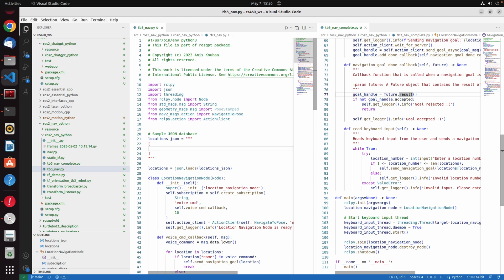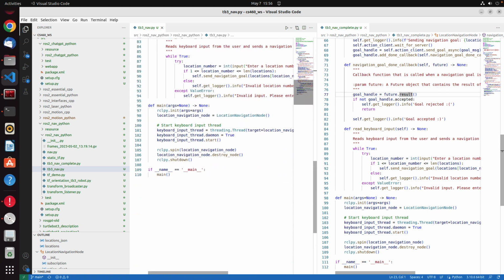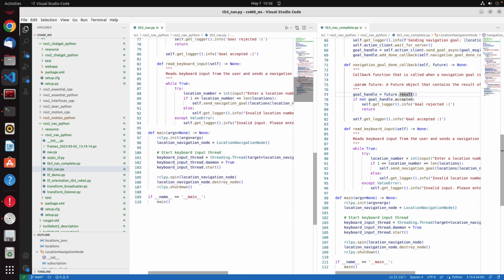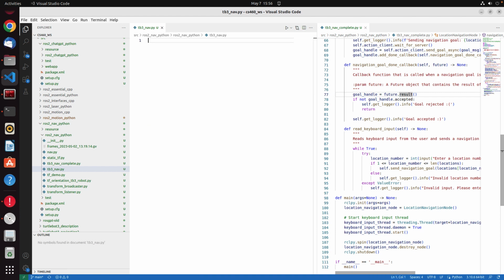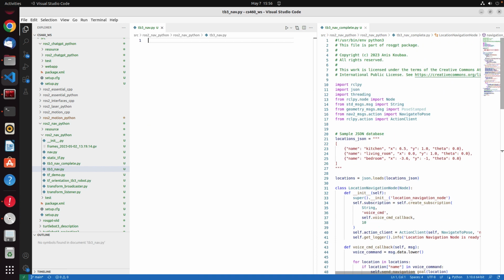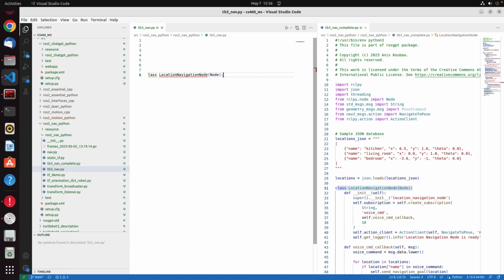This is an empty location. You have the main function. Do I need, yeah, I need this. Okay, let's build it step by step. Okay, so in the beginning, I'm going to make a class navigation node. Let's make it step by step. This is for class. And I'm going to make def init